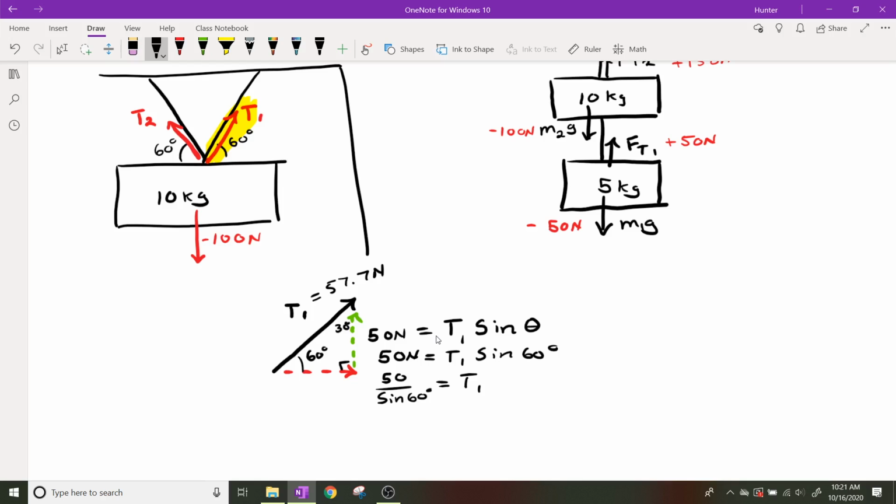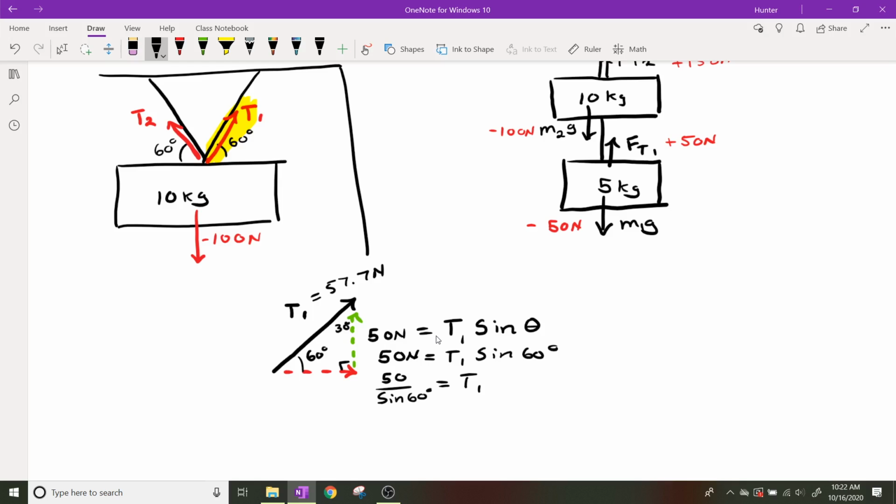There's one more thing I need to point out, but I'll say this. We found T1, and since they're the same angle, we know that T1 and T2 have to be the same. So technically, we're done with this problem. T1 is 57.7 newtons, T2 is 57.7 newtons. The entire force of tension is 141.4 newtons to counterbalance 100 newtons of gravity. Where did the other force go? Yes. It canceled out. The other force canceled out, and that's worth noting, even though we are done with the problem. So this horizontal force this way,